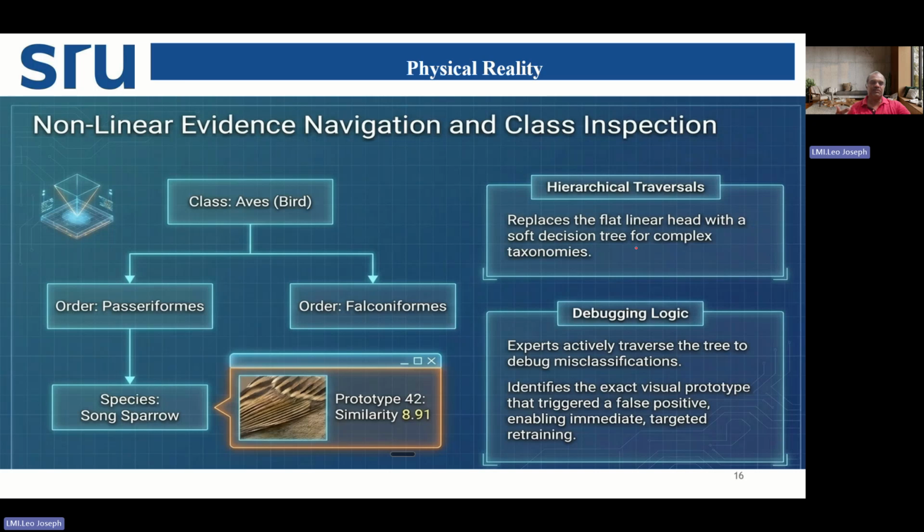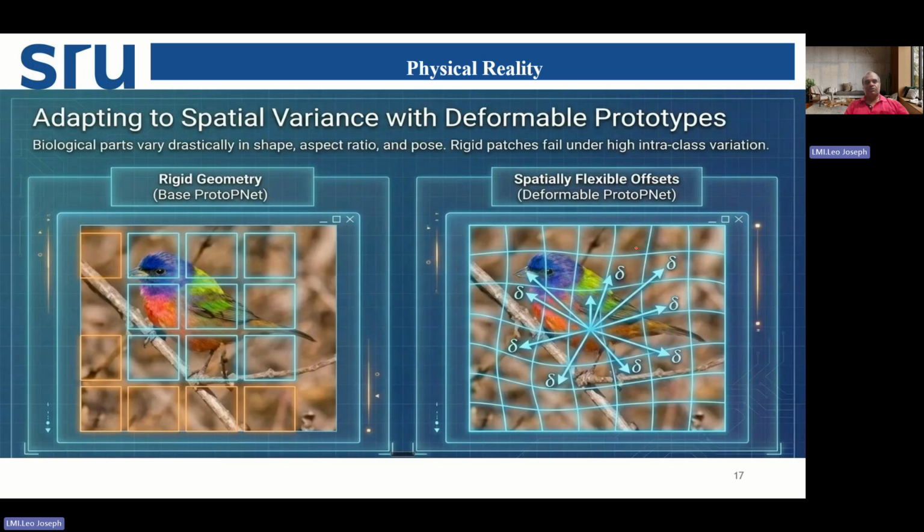So based on that, if it is not the expected result, it will again enable immediate targeted retraining. Once again, it is trained with a different patch. That is the thing. So here also you can see rigid